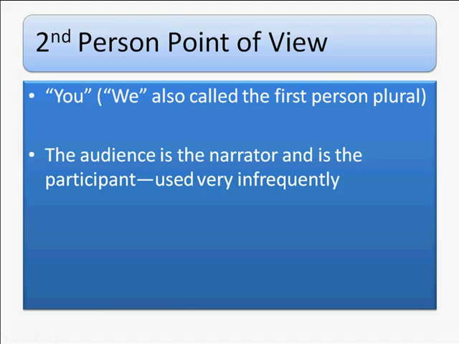It's kind of off-putting if you're being told that you are doing things in a story. It can be kind of hard to deal with. One example, a fairly famous novel that came out about 20 years ago now, in the 80s, was Bright Lights, Big City, which was made into a movie with Michael J. Fox. In this novel, it was put in the second-person point of view, and the narrator, you, are essentially